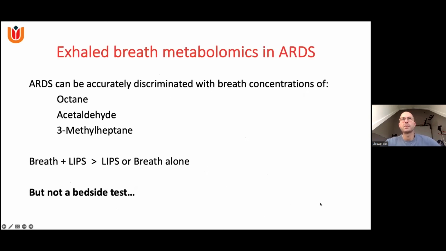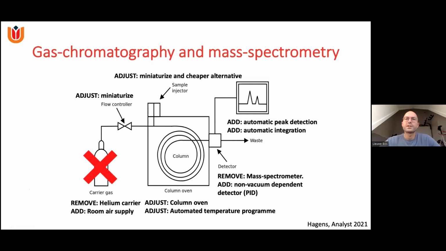So as an interim conclusion, ARDS could be accurately discriminated with breath concentrations of octane, acetaldehyde, and 3-methylheptane. And when combined with the clinical classifier LIPS, it was better than either alone. But at this moment, we did not have a clinical bedside test, but it was gas chromatography and mass spectrometry, something we could not operate at the capacity to allow for a result within 2 or 3 hours after admission to the ICU. We therefore set out to